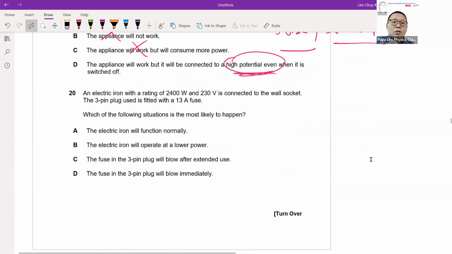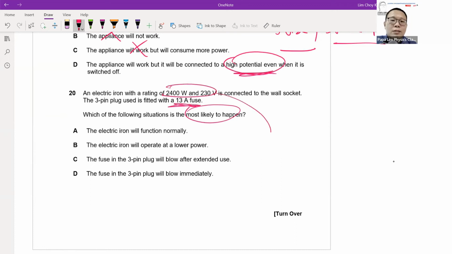Okay, now which of the following will occur? If you look at the question, it's more like you're looking at fuses and practical electricity. So now, I have a 30 amp fuse fitted inside. If I look at the 30 amp fuse, I must look at the current that is in the iron. So the current, if I use V equal IR, you'll find that current is actually V